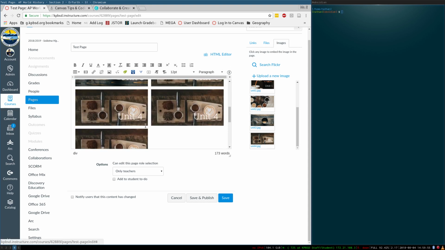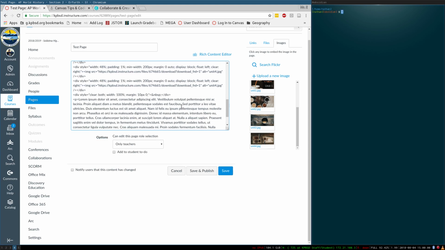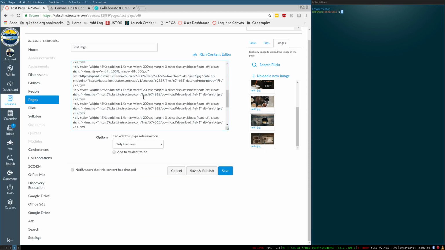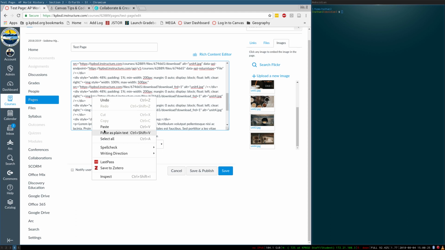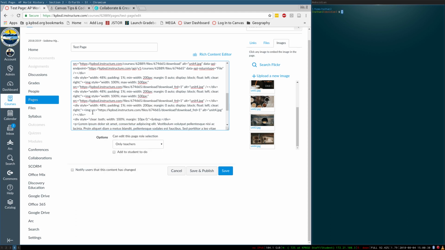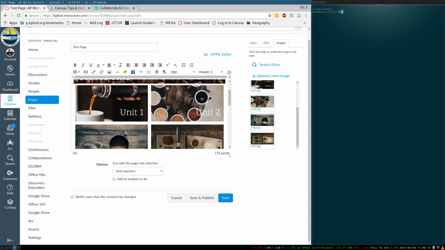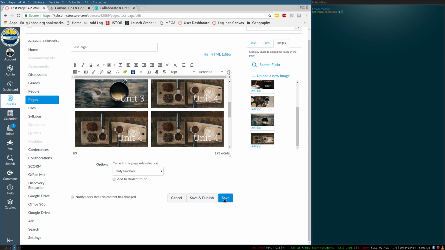And then additionally, before we go and save, we can add that final little bit of wrapping up neatness here as we did before. You can find your images that do not have it, so you can see, okay, image, style. If you've got image style, then you already did that one. Div style, neat. Image, no style. Gotta have style, paste, space, so that it's not smack up against it. Image with no style, we can fix that, space, there we go. Next one, image with no style, unacceptable. It's fixed now. Okay, back to this, and there you go. They're all floating. Now we hit save,